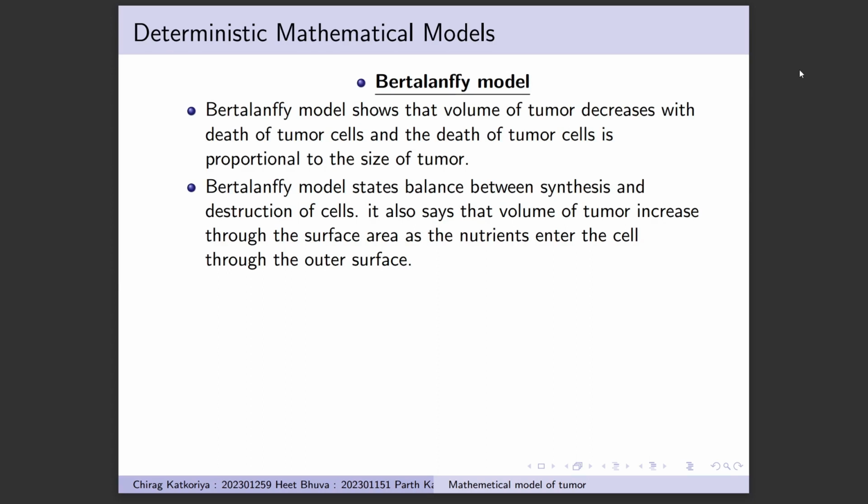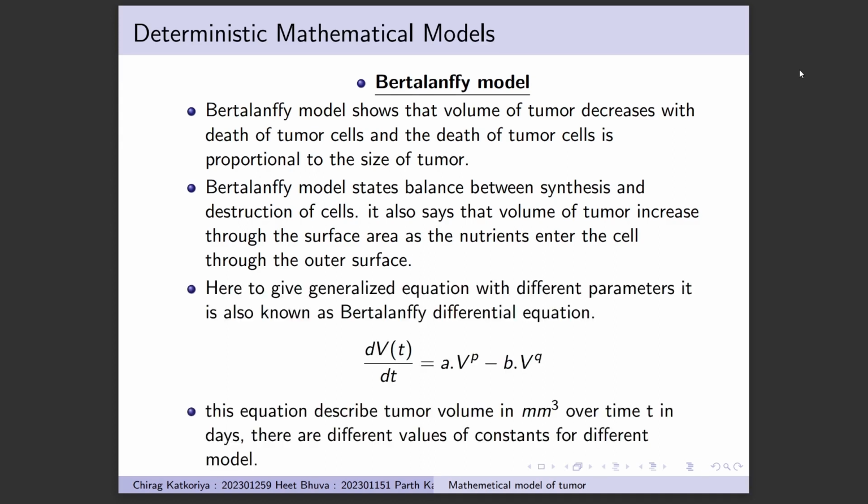It also says that the volume of the tumor increases to the surface area because the nutrients enter any spherical cell, if we consider the tumor as a sphere, through the outer surface. So before giving the Bertalanffy equation, a simple ideal condensed differential equation, also known as the Bertalanffy-Putter differential equation, is